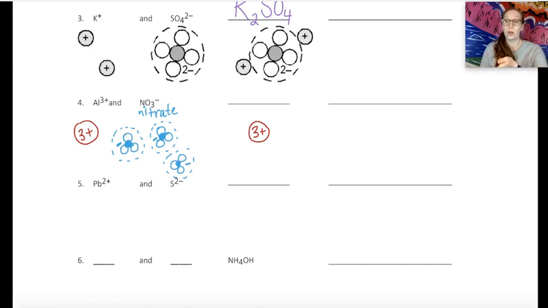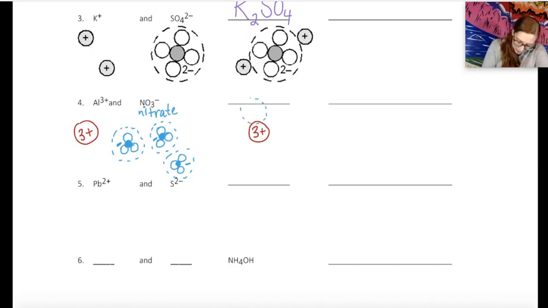If you have more than one positive charge or more than one negative charged ion in your formula, keep them as far away from each other as possible in your picture, because that's what's going to actually happen. They're going to repel and stay as far away from each other as they can. So I'm just going to put my 3 nitrate ions in a little triangle around this. And I'm going to